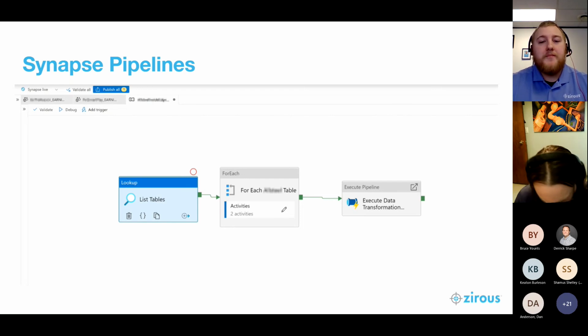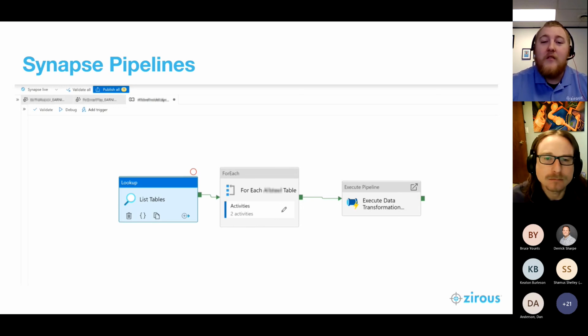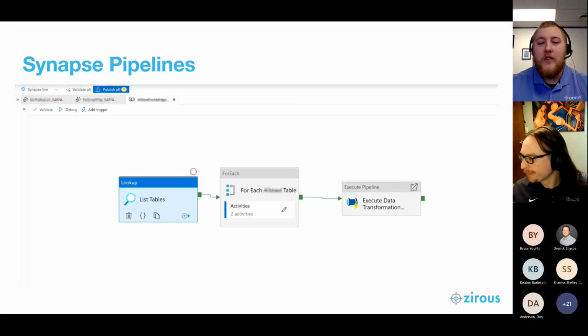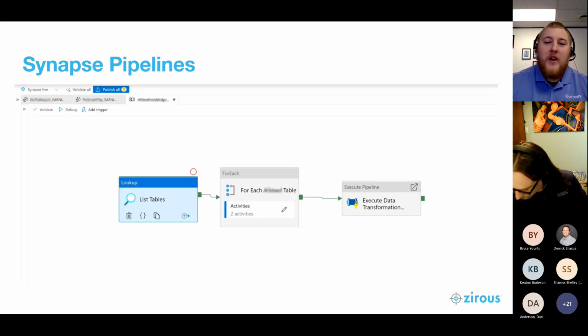you'll only be able to save your work all at once. So if you work on multiple pipelines, you have to save them all at once, and you're only able to save them if they are valid and can compile. So there's no errors in there, like forgetting to include certain variables or parameters. So that's just a fair warning to you guys to make sure to save often and only work on 1 or 2 things at a time so that you're not ending up losing some work on a Friday afternoon when you just want to get home.